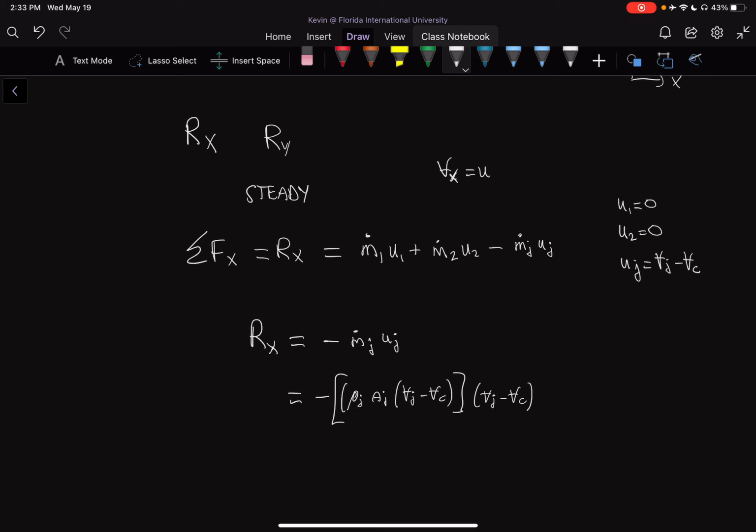Okay, so remember that within the mass flow rate term, mass flow rate in the x direction is equal